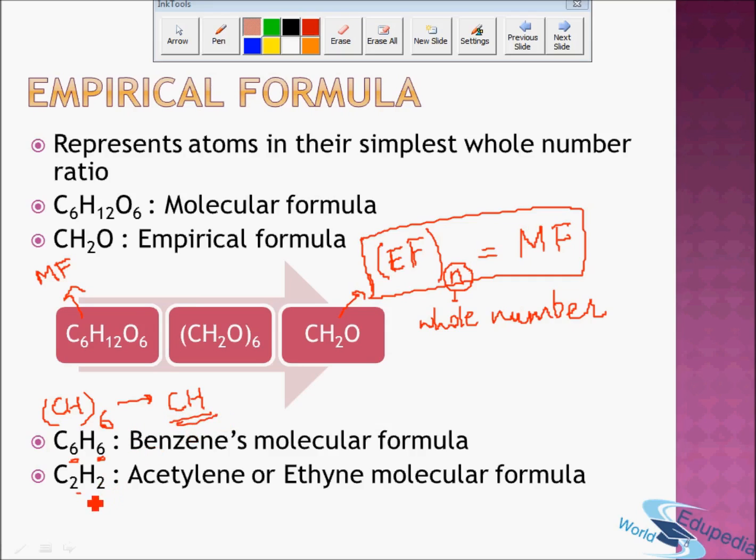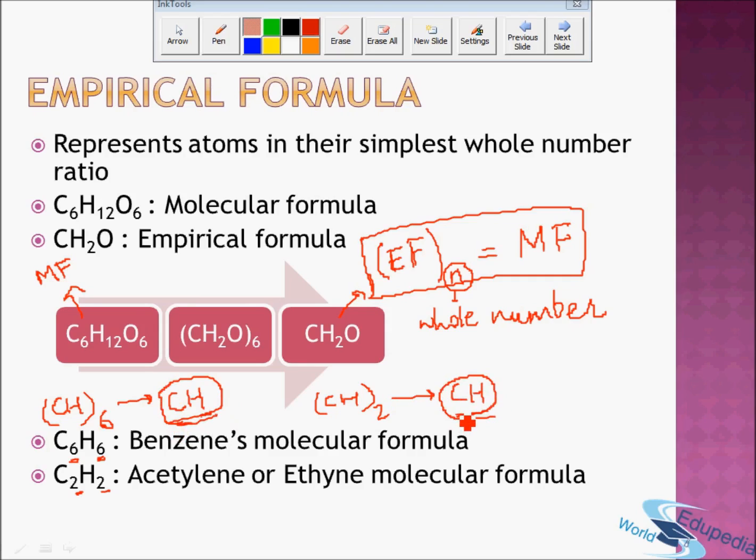Similarly, for acetylene, the common factor is here 2 and 2. So I can just take out 2. So what will be left with me? CH. So this is the empirical formula for acetylene. So if you see, benzene also has an empirical formula of CH and acetylene also has an empirical formula of